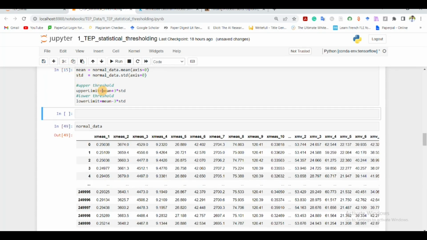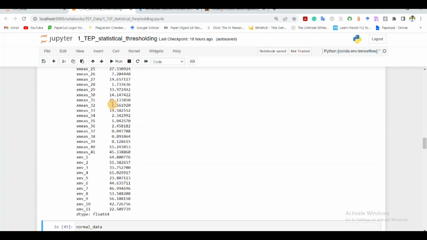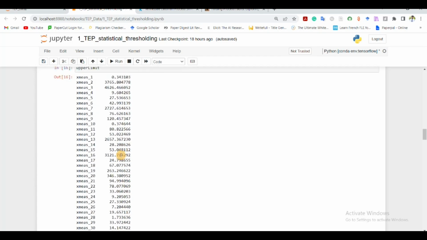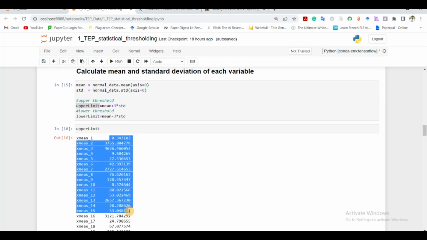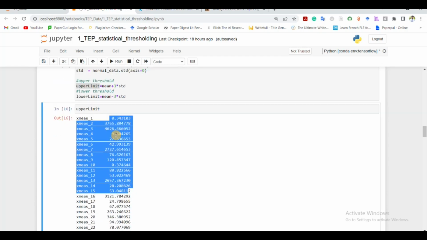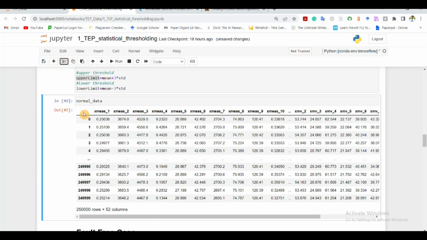So let's see what my upper limit is. It is a 52-length variable that captures the upper limit of each variable, each sensor's data, and the same is true for the lower limit. And now I'm going to use this upper limit and lower limit to do a